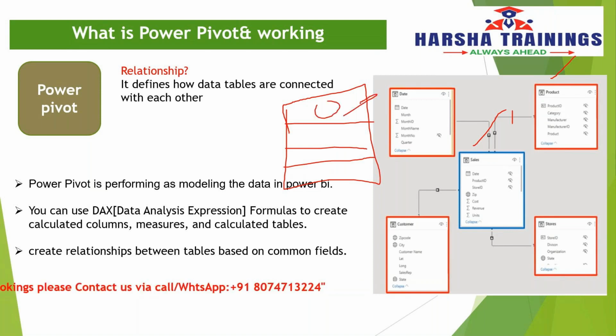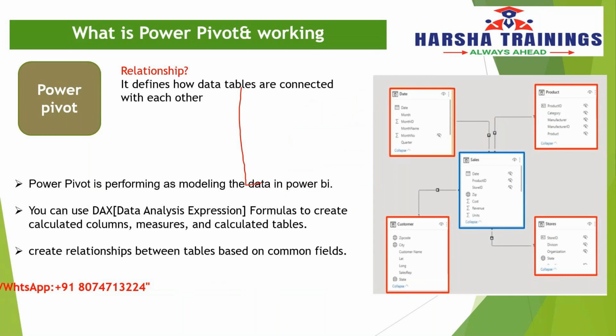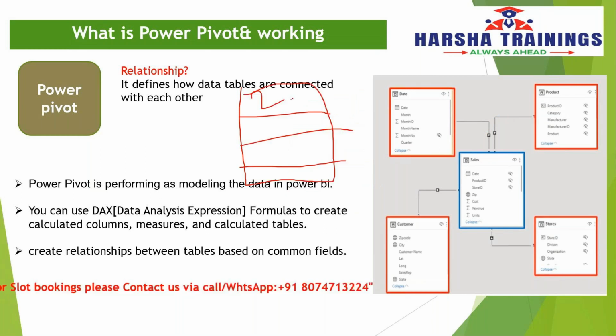Now in these rows we are having some value, 2.3, the cost of the product, when we did not create any relationship